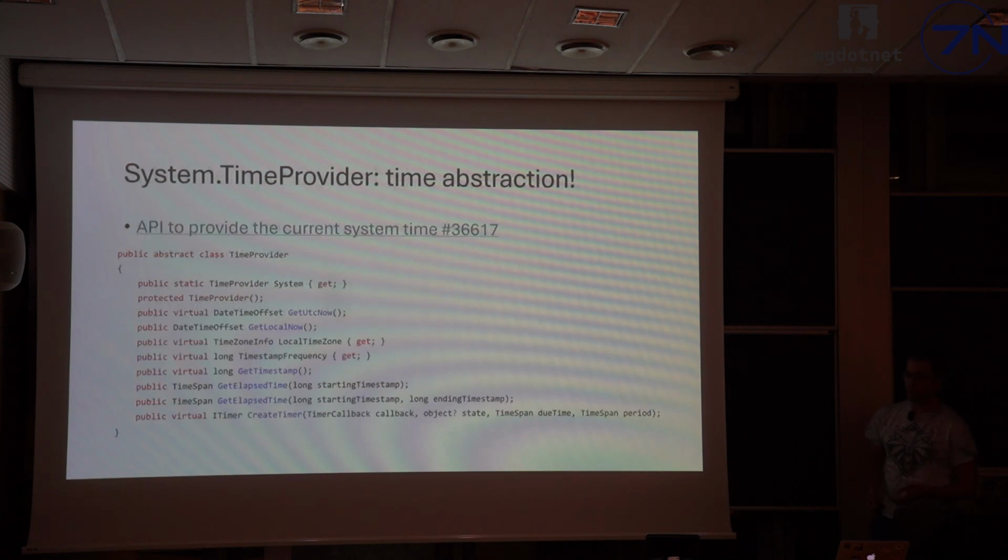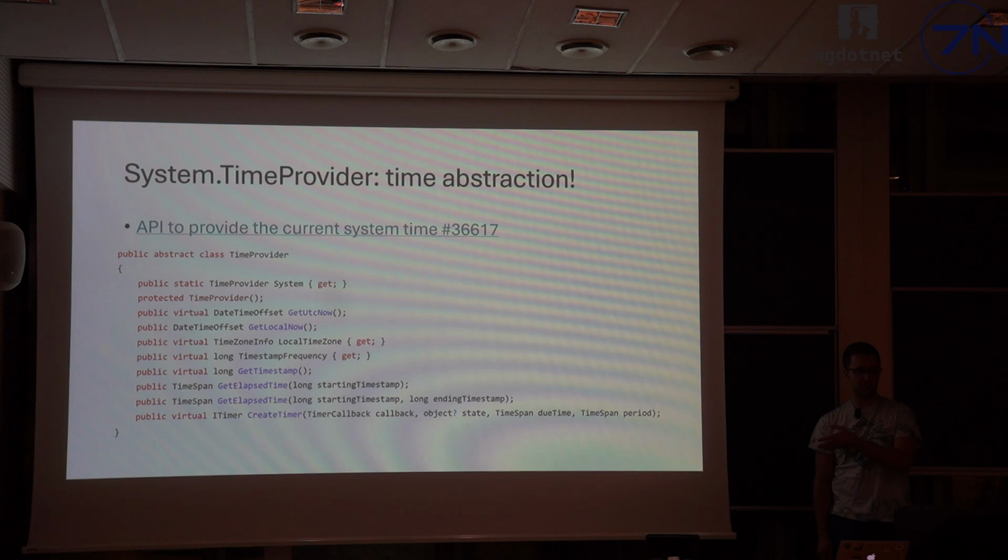So, the first thing that was added in .NET 8 is finally an abstraction for time provider. It's not a big deal if you take a look at the abstract class itself, but the most important thing is that there are plenty of new overloads in the base class library, for example, new Task methods that accept an instance of this time provider. So now you can easily test, for example, cancellation of your methods without doing any ugly hacks.